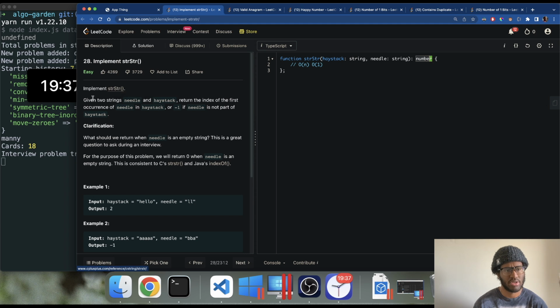Implement strStr. Given two strings, needle and haystack, return the index of the first occurrence of needle in haystack, or -1 if needle is not part of haystack. For this problem, return 0 when needle is an empty string. So if needle length equals 0, then we'll return 0. So it looks like we just have to find needle in haystack and return the index of the first occurrence